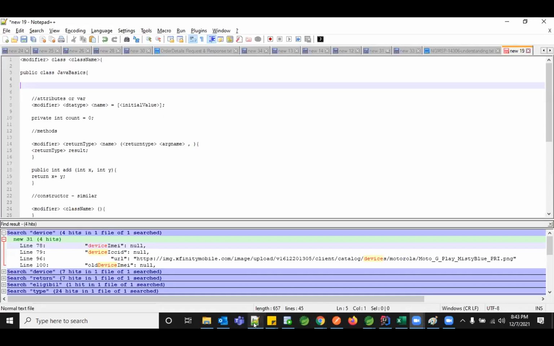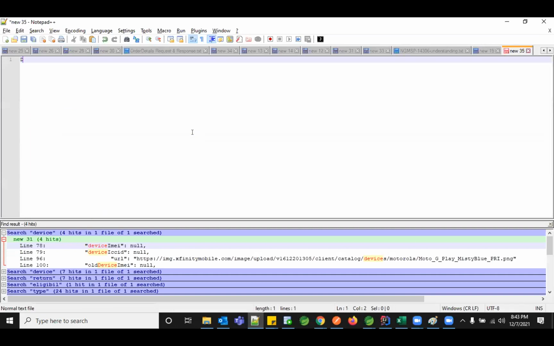Meanwhile, let me just go ahead with the data types so that we can proceed with one session. In Java, we have 4 categories of data types. The first one is called a primitive data type, which is again subdivided into logical, which is nothing but your boolean. It can accept any two values, true or false, which are literals.